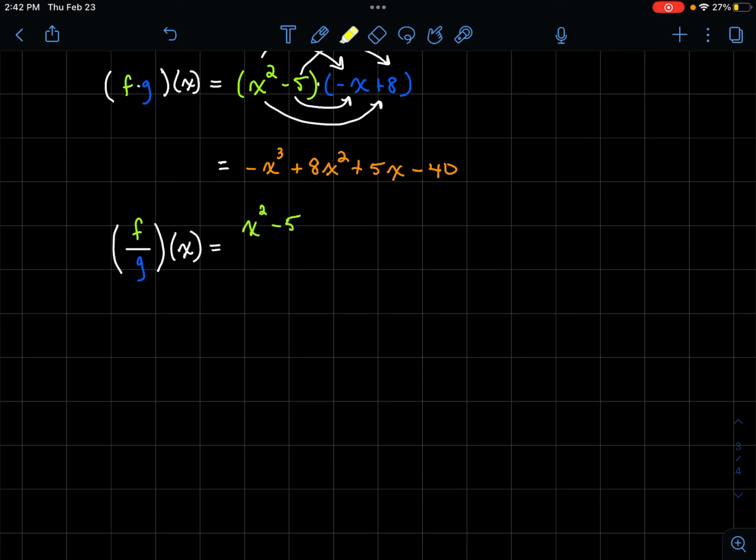And the last operation, f divided by g, green on top, blue on bottom. So there's the green function all over the blue function. And whatever is on the bottom of the fraction, we have to check for a restriction. So the bottom here is negative x plus 8. Well, in this case, instead of subtracting the 8 over and having us divide by negative 1, we could do this all in one step by adding the x over. So 8 can't be equal to x, or in other words, x cannot be equal to 8. We are allowed to plug in any number we want except for the number